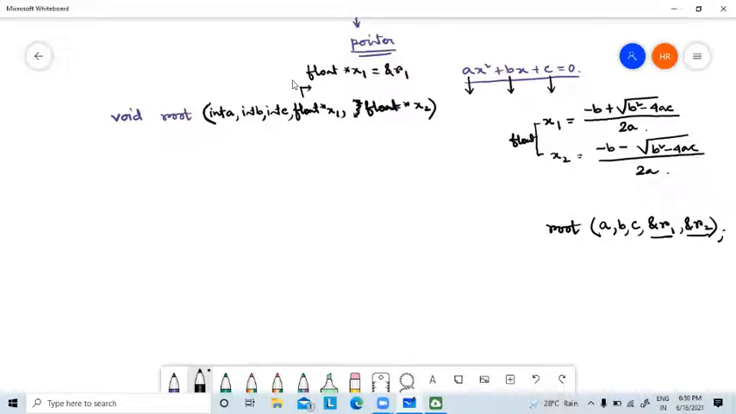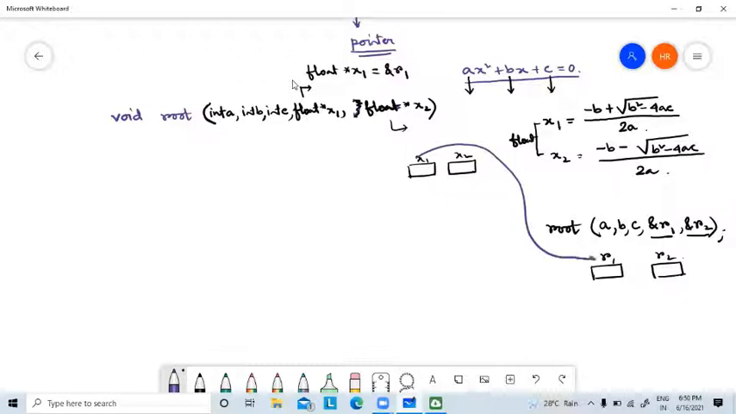It means in the main function there are two variable locations, r1 and r2. In this root function there are two variables, one is x1 and another is x2. If this is happening, then this x1 is pointing to r1 and this x2 is pointing to r2. That is the picture. Then inside the function what we have to do, we have to first calculate, say